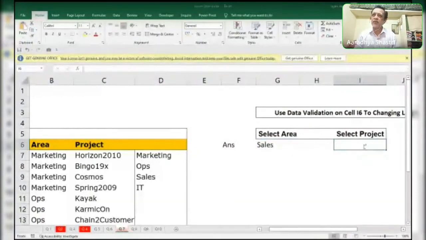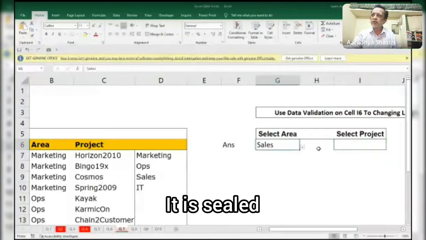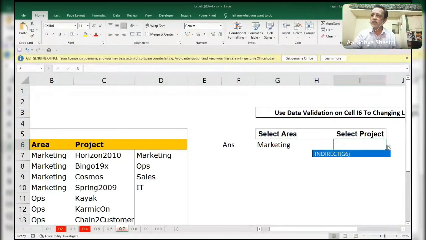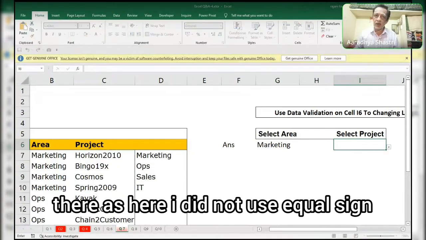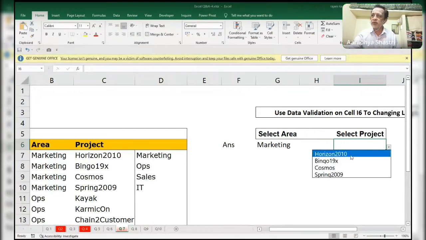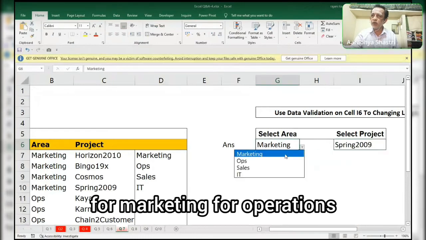Alt DL. It is sales. If I go to marketing, okay, F2, then Alt DL. I have not used the equal sign here. Indirect. Now let me check. See, for marketing, for operations,